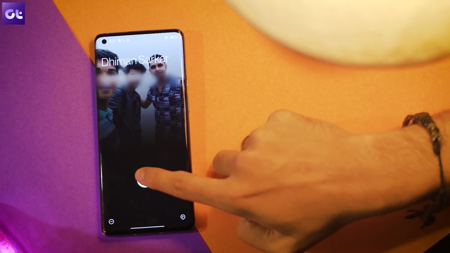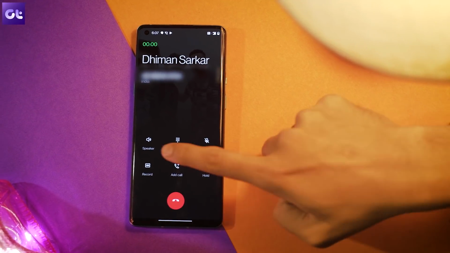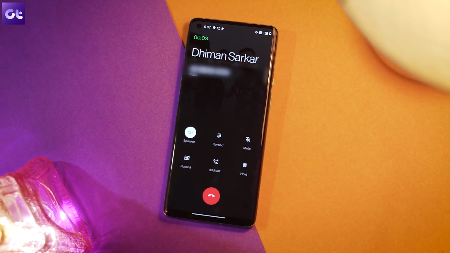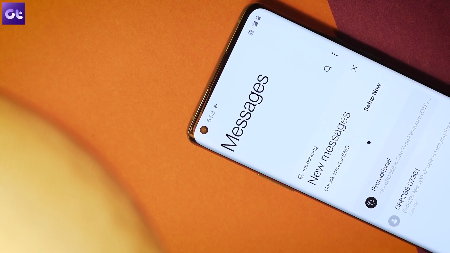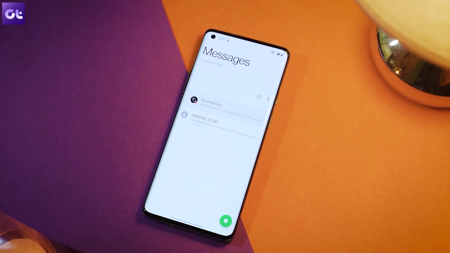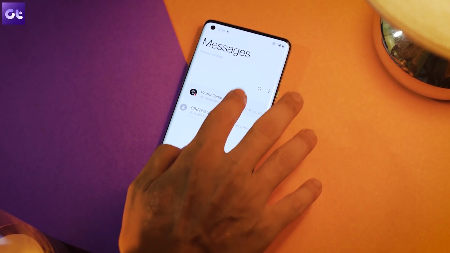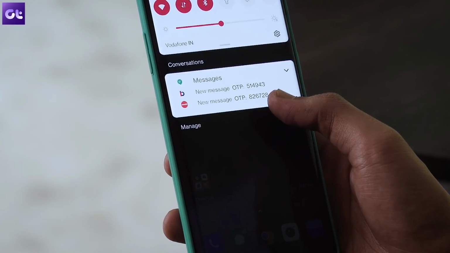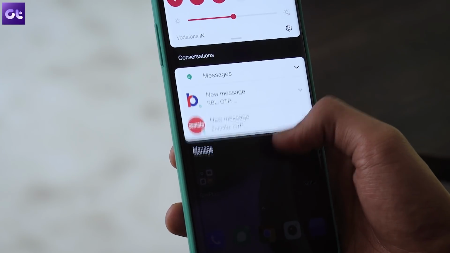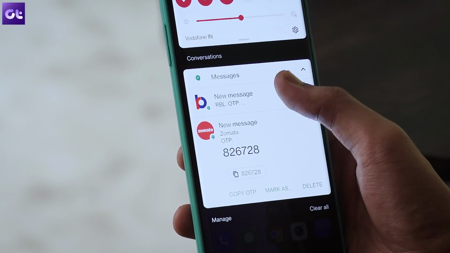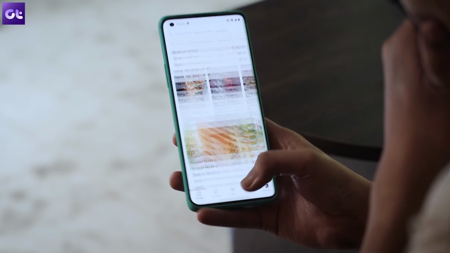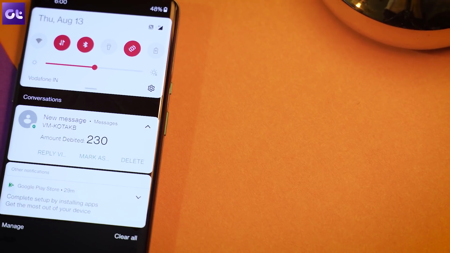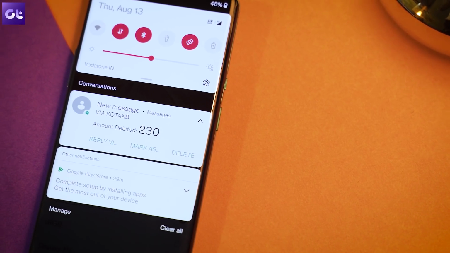Even the caller screen has changed, with the in-call buttons becoming a bit more accessible by being pushed a bit lower. Another system app that sees a new change is the Messages app. It's got a very clean and neat UI that's simple to use and gives you the important info right at the front. There's a toggle to view the messages as visual cards, and like most good SMS apps like SMS Organizer or Truecaller, the Messages app here can identify the OTP as well. Now I tried ordering something online and both the text for the OTP as well as the amount debited were highlighted quite well, so I guess that's a good thing.